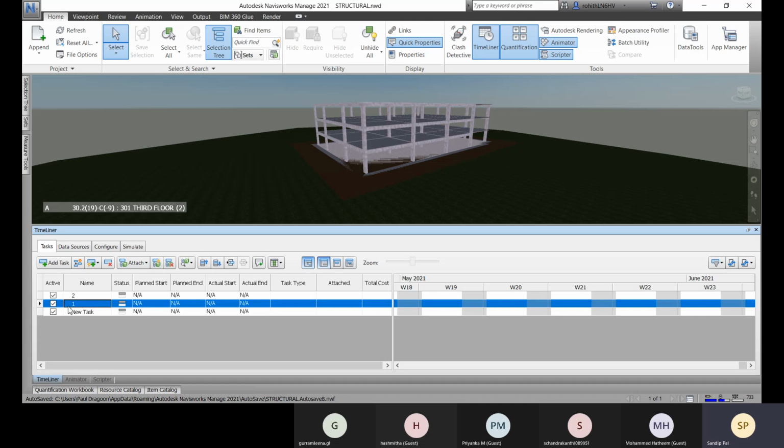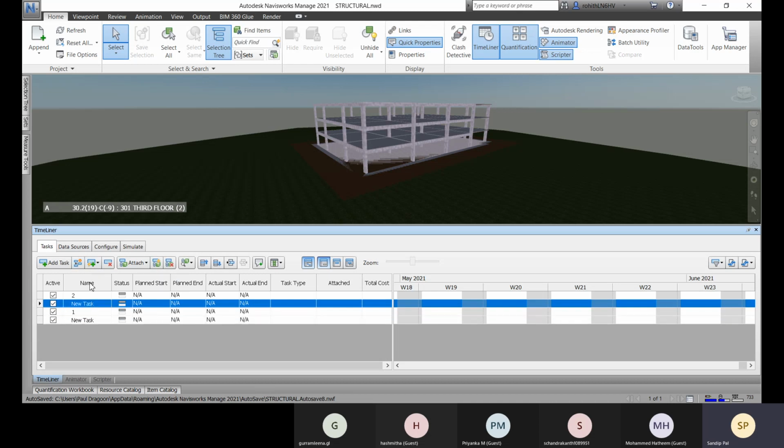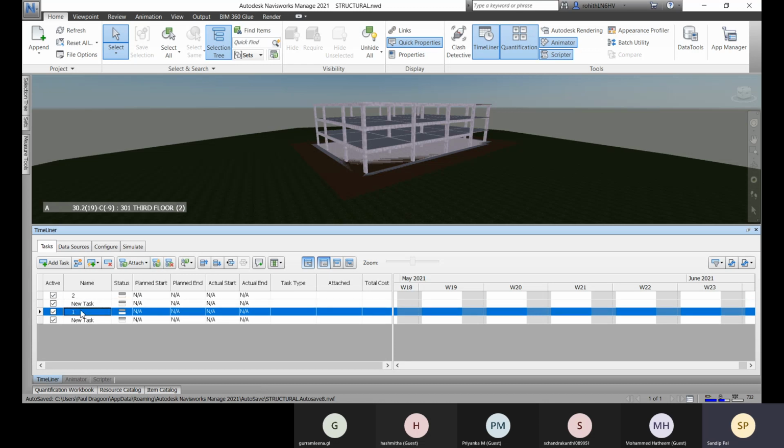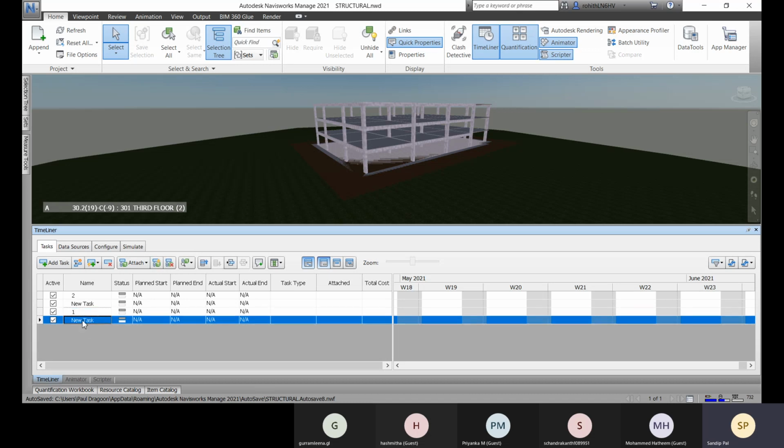And if you go for this one, it will insert this task. All right, you had selected this one, so above it, it has added. If you go for this new task and again you insert it above this, it will add. Okay, so these two are the ways of adding your task.